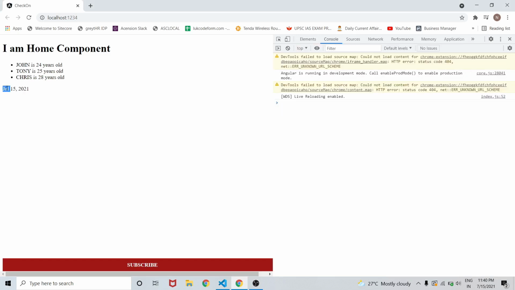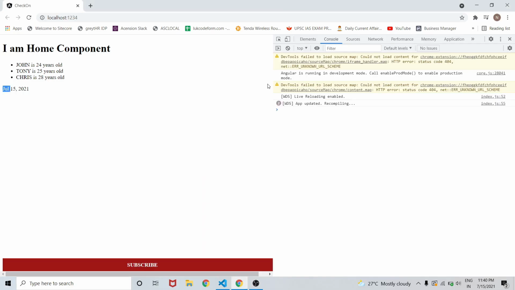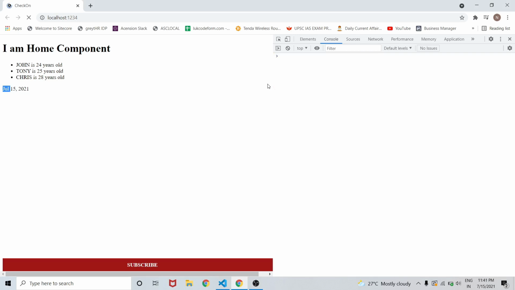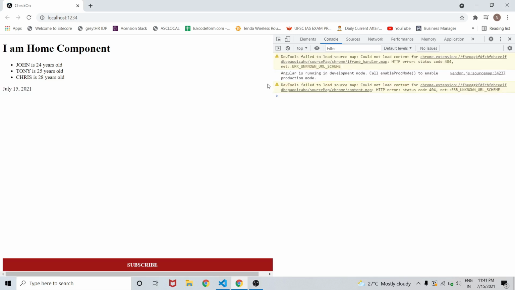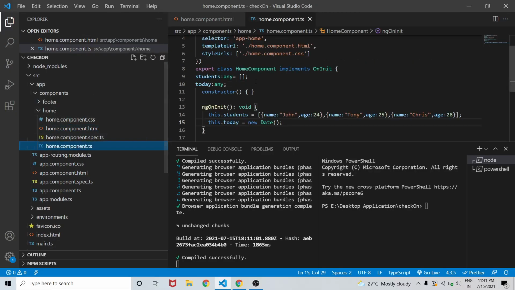So here June 15, 2021 is mediumDate, and for longDate we will have July 15, 2021 in the long format. So now on saving the changes we can see July 15, 2021, this is the long format.